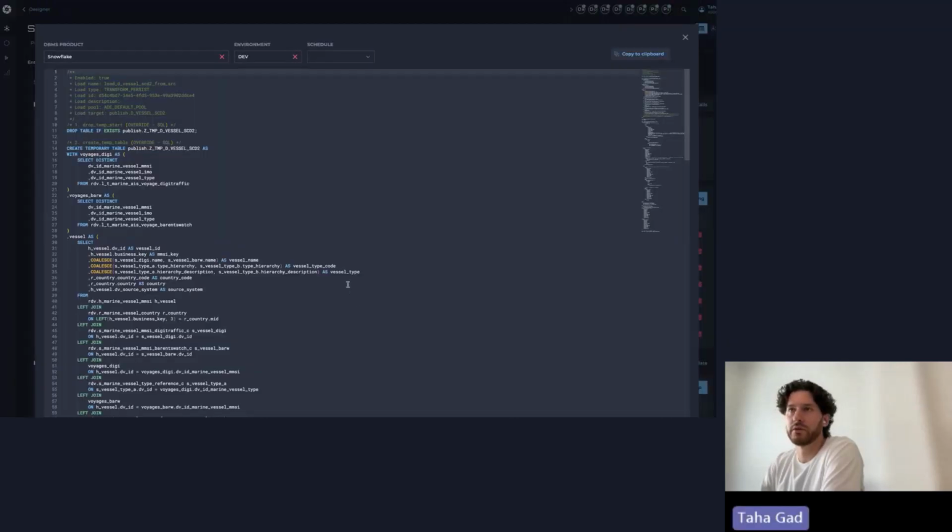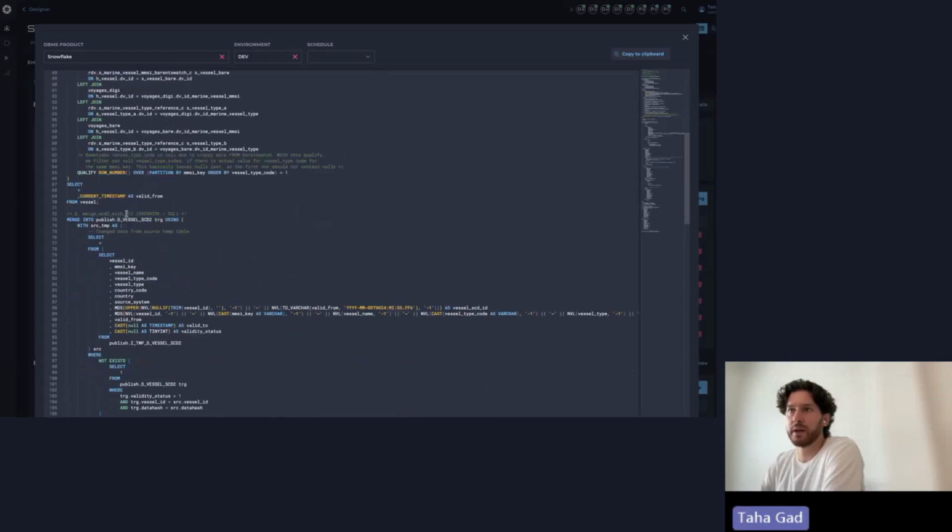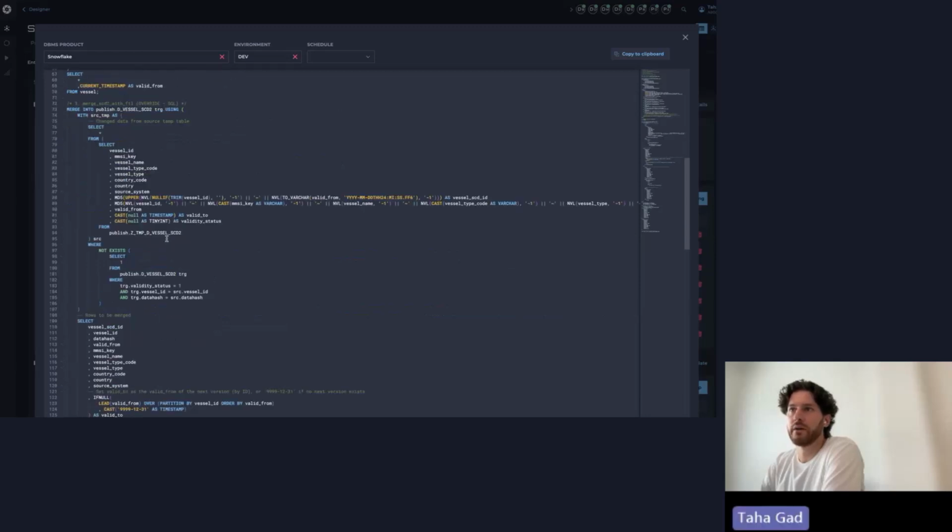And when we look at the generated load, this is how it works. First it drops the temporary table if it exists, then loads it with the latest data using the manually written logic. And then the FTL template comes in to do this generic merge logic where it